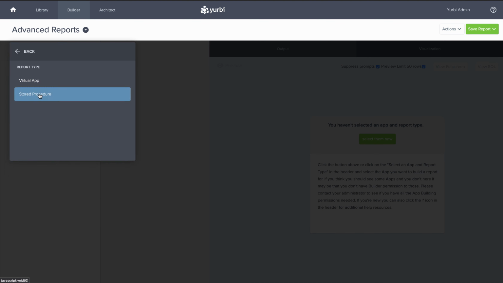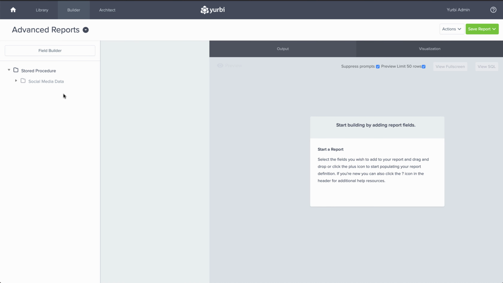We're going to start with stored procedure, and any data source that has stored procedures allowed that I have permission to will now show up as a folder here. So this will be a list of your data sources, one or more. In this case, I only have the one. And when I expand that, that's going to be an actual list of the stored procedures on that particular data source. And now as I expand that, I can get to adding in the fields that might be required from a parameter perspective and things like that. Now, this particular stored procedure doesn't accept any parameters, so it's going to be pretty simple.